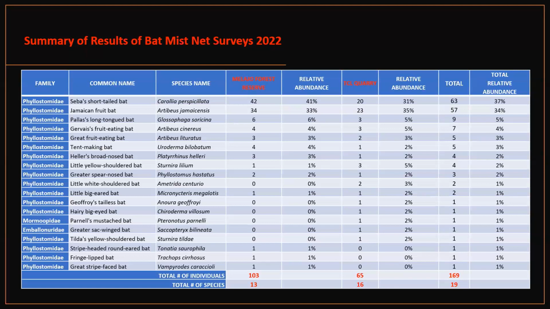We also calculated the relative abundance of each species at each site and the overall relative abundance of each species. And here, as I mentioned, we can see the total number of species found was 19, with very similar numbers of species found at both sites. Overall, Melao Forest Reserve showed more individuals caught than the TCL quarry site.